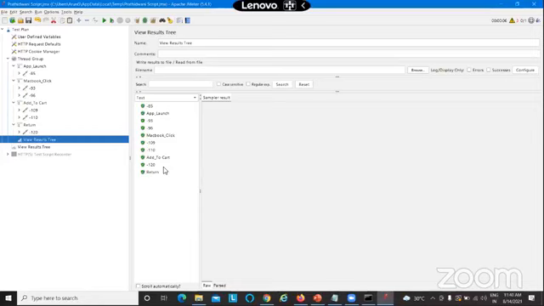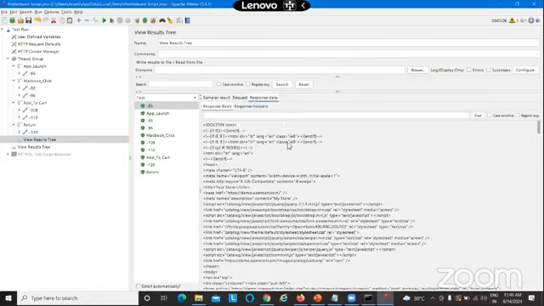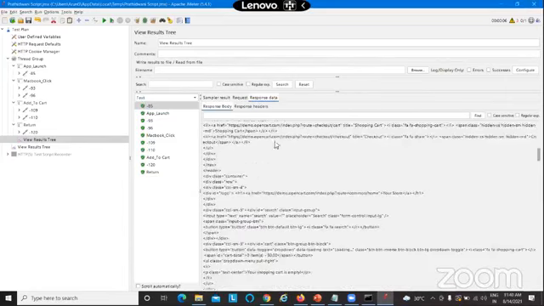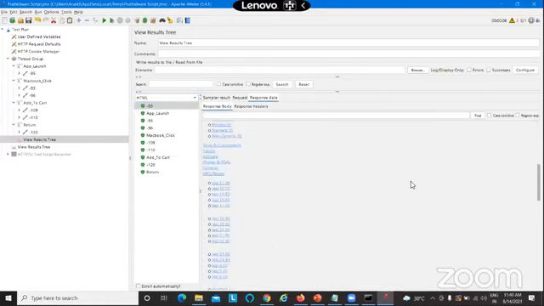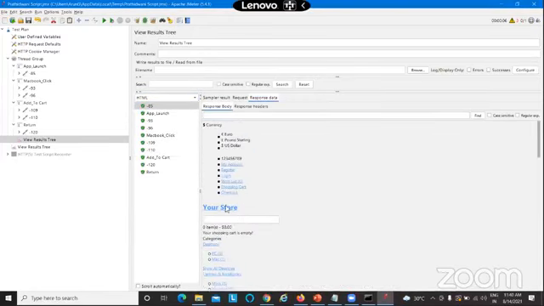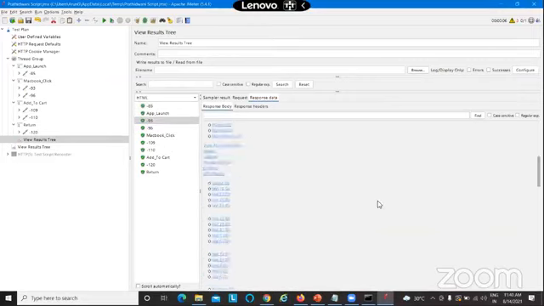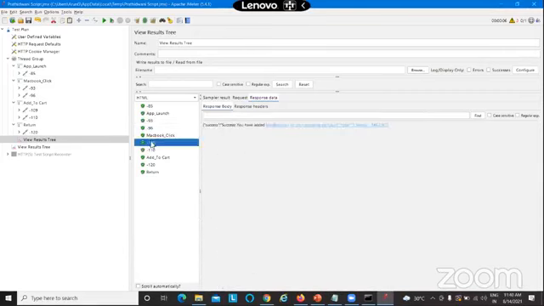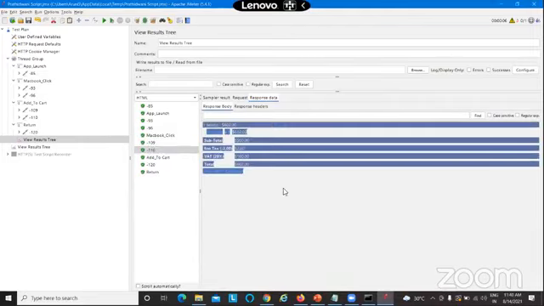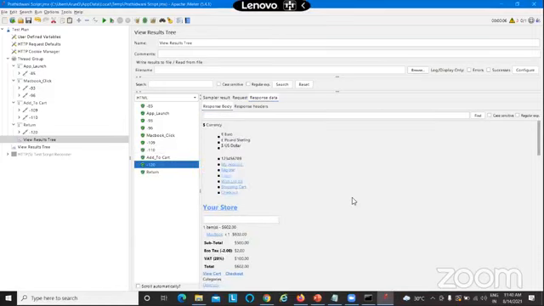Now we are done with our execution, so we can see the responses. By default, the response comes in text, so now I'm going to change it to HTML view. Now you could see that we have got the store, the application that we had hit. Here I'm selecting the MacBook. If you come down, you could see that the MacBook has been selected. Now I'm going to add to the cart. So this is successfully added to the cart. This is the response. And now we are again going back to the home page. So our script has been recorded successfully, and we got all the transactions in place.